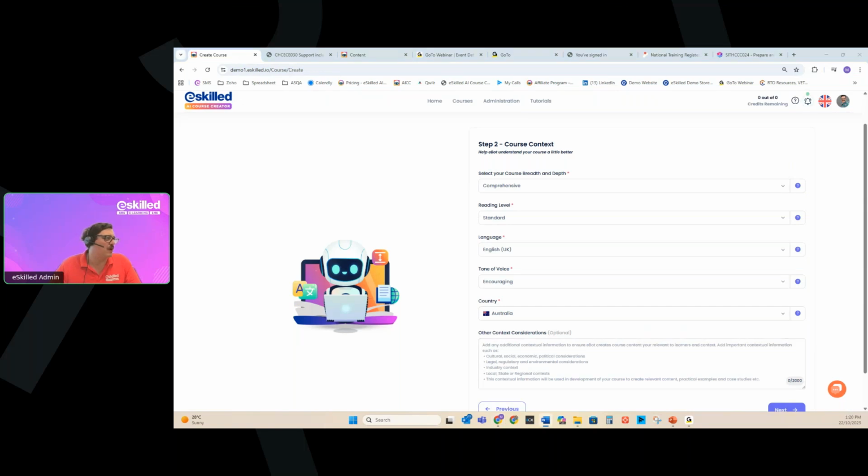Now I've got a little blurb that I've thrown in here. Concentrate the case studies on early childhood centres in southeast Queensland, Australia. So that's pretty clear. What the course context is going to do is help mainly with case studies. So when it goes to do the show part of the tell, show, do, it'll try and utilize the areas,